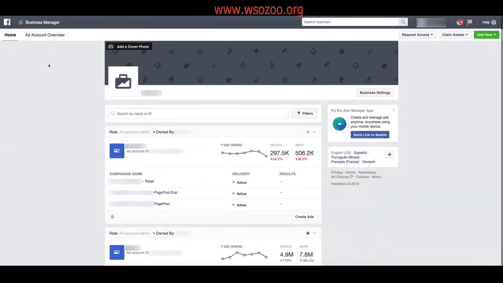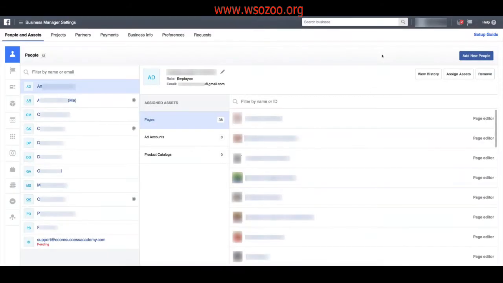Now, if you look up here at the top, actually right here where my mouse is, it says business settings. If you click this, it's going to go to the overall business settings of the business manager, and you'll see this is really powerful and really, really robust. Okay, so when you click on the business manager settings, you're going to see a menu on the far left-hand side. This is where you can manage everything: your pages, your employees, your ad accounts, your Facebook pixel, even your